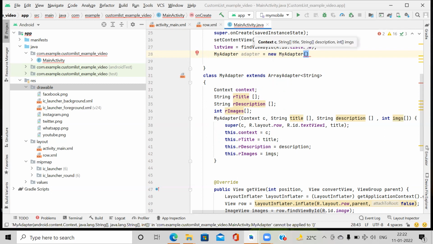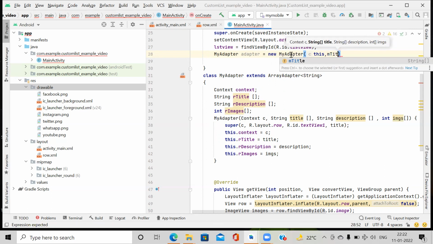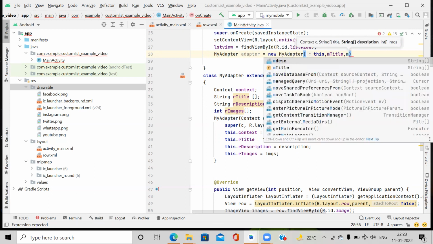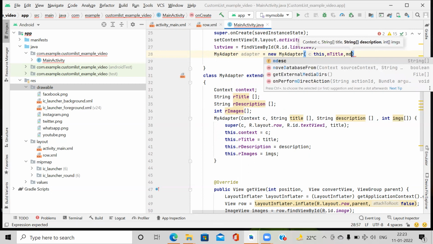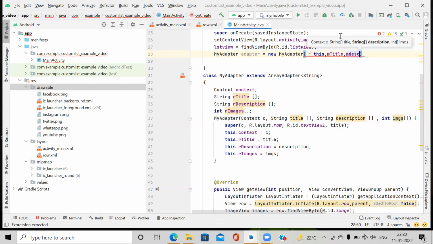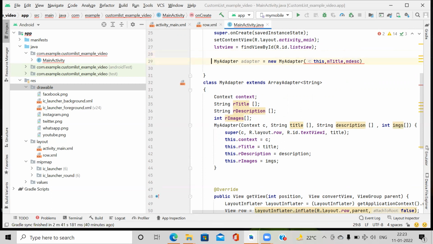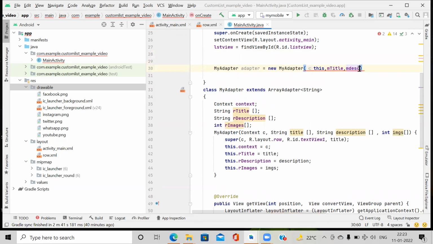MyAdapter, and in that we pass this, comma, mTitle, then mDescription, and one more, images.